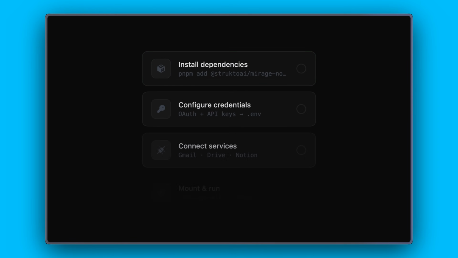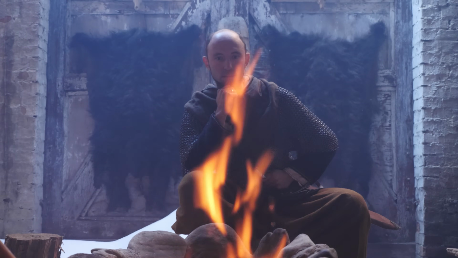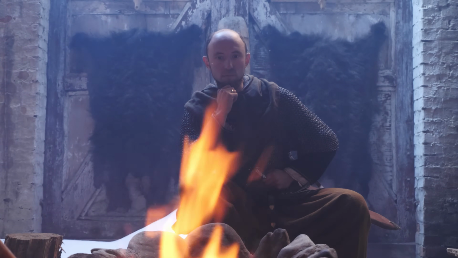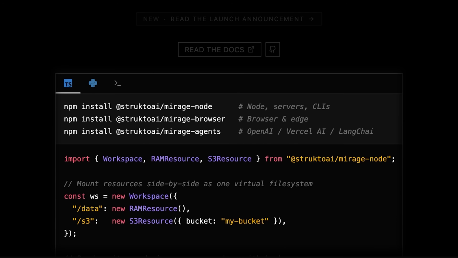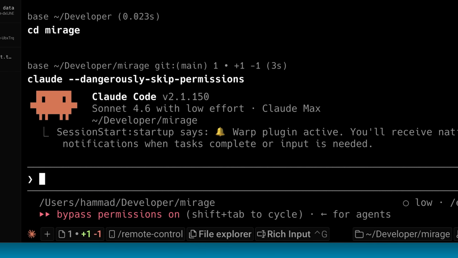The setup process for this is actually pretty long, so we're not going to go through each step, and we don't need to because we're not living in the olden times anymore where you actually had to read documentation like a common peasant. What we recommend is just cloning the source code directly onto the system, and once you've cloned the source code, just open Claude inside that and let it guide you through the installation.